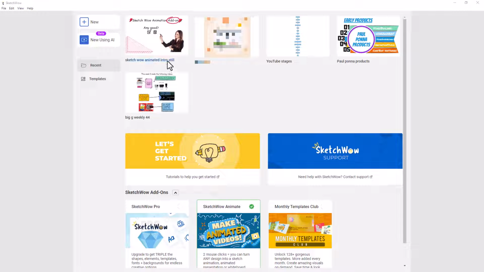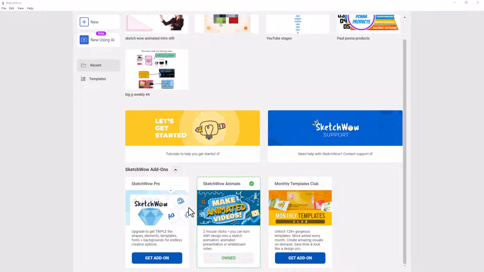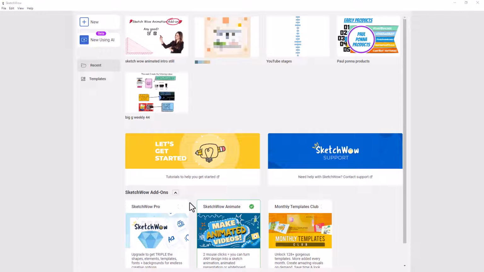You can see here there's an asset that I've used for my SketchWow Animate video, so you can view that here in the cards. Now with the new AI beta in SketchWow, you need to upgrade your software, but it doesn't cost you anything. There's no additional fee to pay. There's not an add-on that you have to buy and go through a refund if you don't like it. It's just there. However, you do need to connect your OpenAI account.